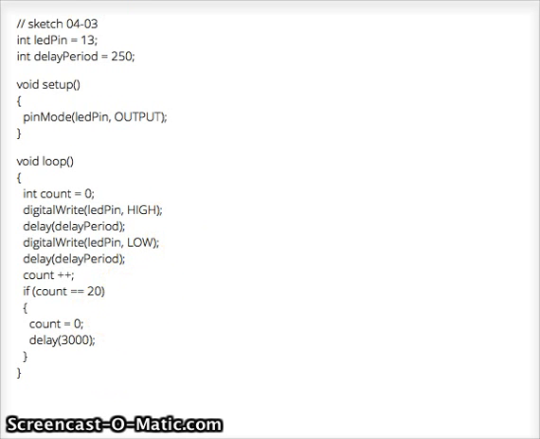In this example of 04 and 0403, we have the same routine where in setup we set up LED pin 13 to become output, and in the loop, the only addition is count. Increment count, and then make sure if the count is equal to 20. I mean, if the count reaches 20, reset the count to 0 and delay again for 3 seconds before going back. So in this loop,